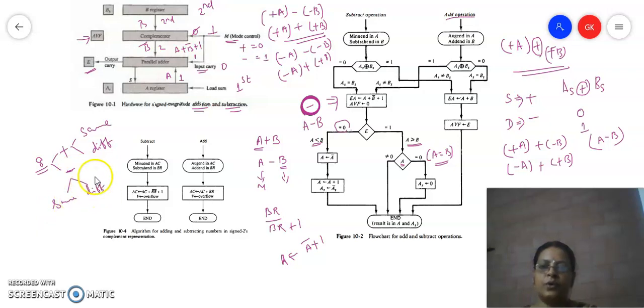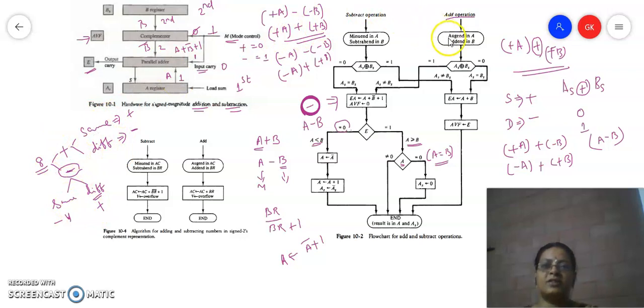So during addition operation, if the signs are same, again you will proceed with addition. During addition operation, if the signs are different, though it is addition, you will always perform only subtraction operation. And in the same way, when we come to subtraction operation, there it will be the reverse. If the signs are same, then you will be doing the subtraction operation. Then if the signs are different, you will be doing the addition operation. So this is going to cover all the 8 cases.